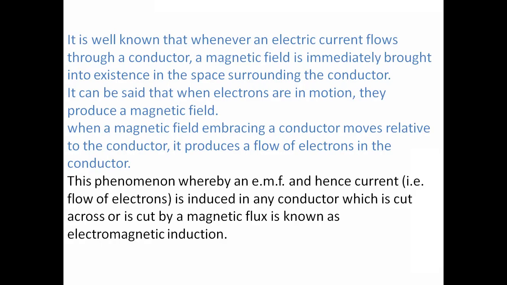These are produced when the conductor cuts the magnetic field, for example from north pole to south pole. The next figures will explain this. Whenever the conductor cuts the magnetic field, there is a movement of electric current in the conductor. Or if the conductor is constant and the magnetic field changes, then there is also generation of an electric field. That is known as electromagnetic induction, the production of induced EMF and current.